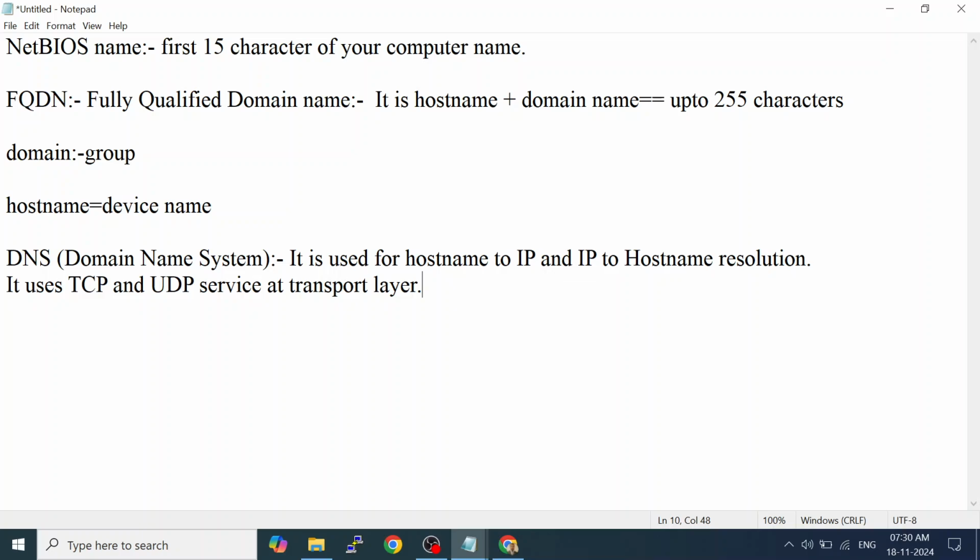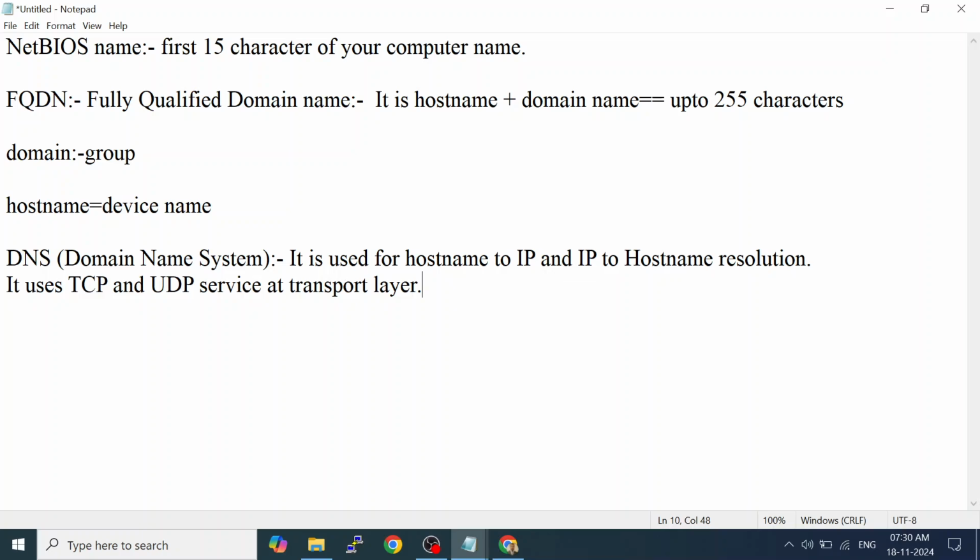Connection oriented means whenever it has to transfer data, it will first establish the connection, then it will transfer the data. Okay, it will not simply send the data. Plus TCP ensures the packet reaches to the destination. If it does not reach, it will retransmit the data.